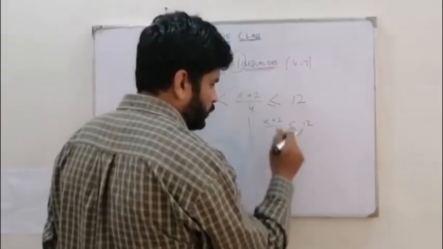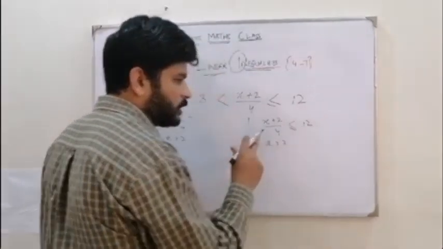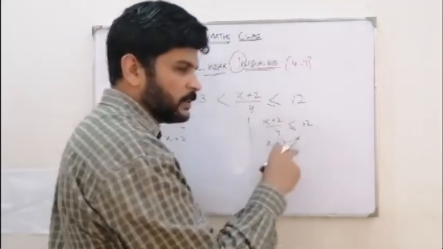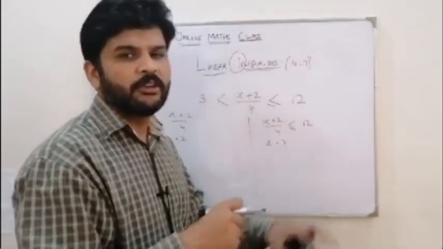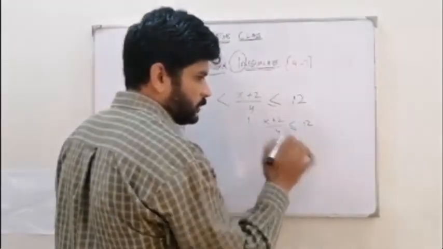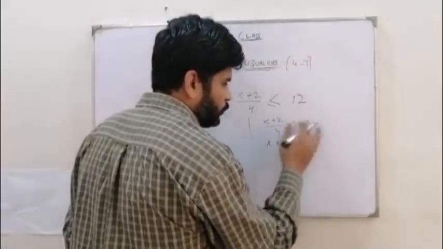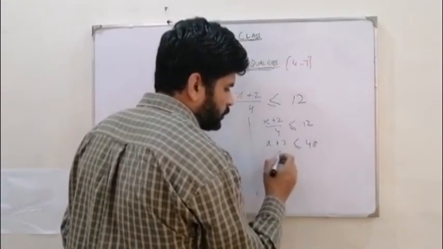Now bring 4 here. So 4 12s are... You should remember one thing. If the 4 is only below x, it's not the denominator of 2. So you cannot shift this 4 here, right? So I'll explain what I'm talking about. 4 is going to go here. 4 12s are 48. So 2 is going to go and subtract from here.